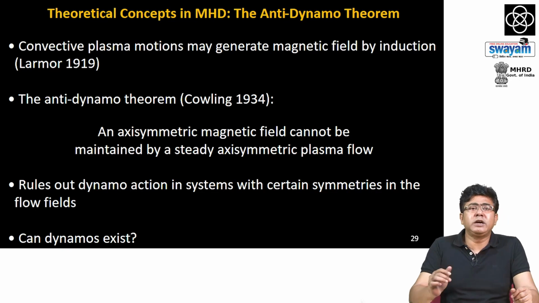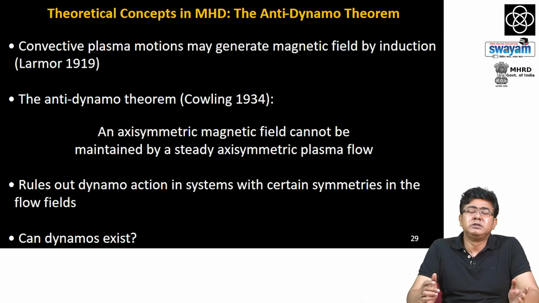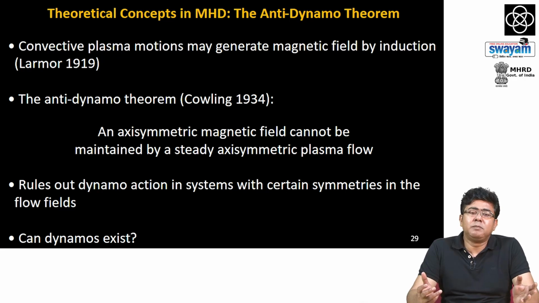Okay, so just to give a brief history of the development of ideas in dynamo theory. The first important idea was the anti-dynamo theorem by Cowling, which was a negative result, which showed that an axisymmetric magnetic field cannot be generated or maintained by a steady axisymmetric plasma flow. This kind of flow is very natural and is one of the simplest kinds of flows, axisymmetric plasma flows in spherically rotating systems, but Cowling showed that this kind of plasma flow cannot generate dynamo action. So this was a negative result which played in the minds of people